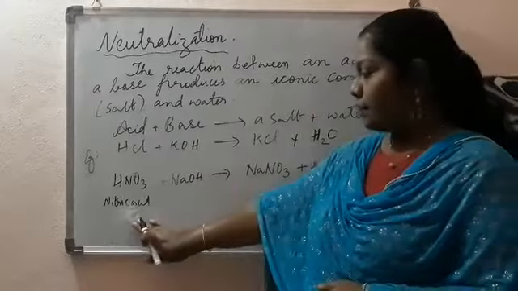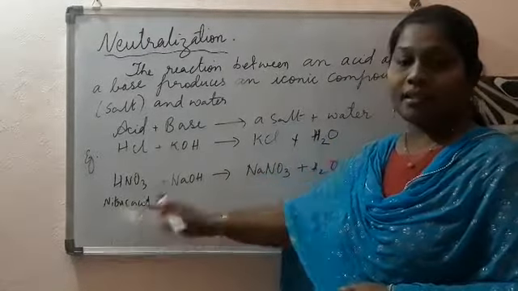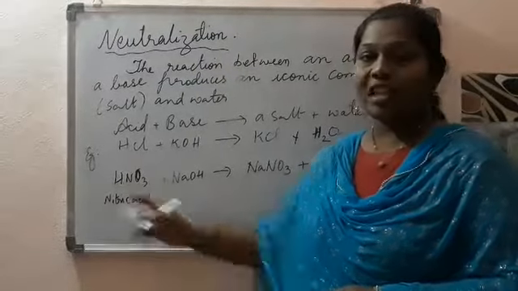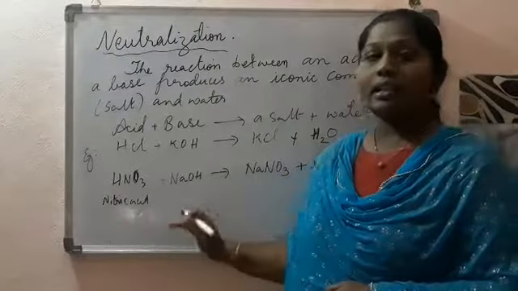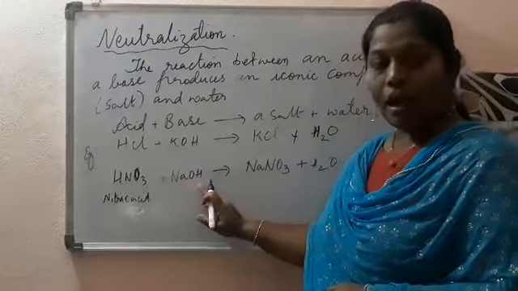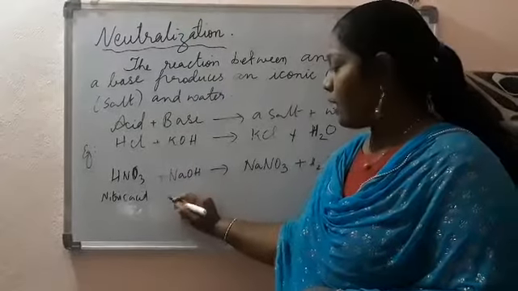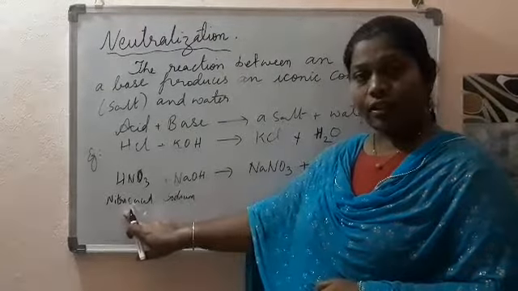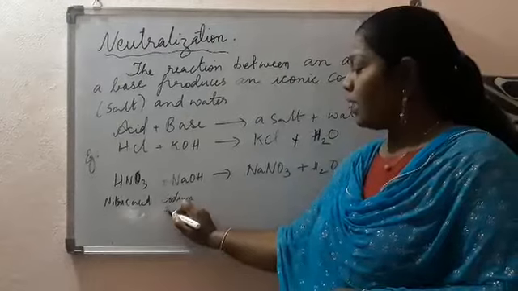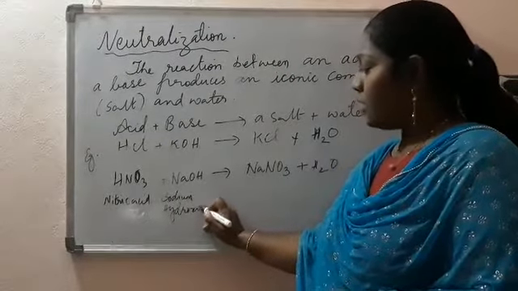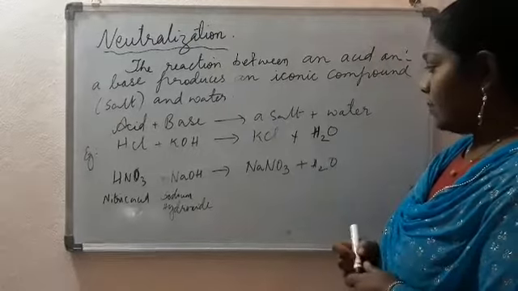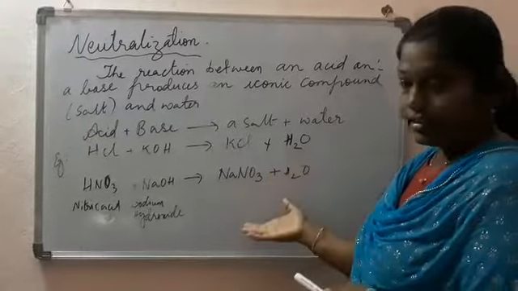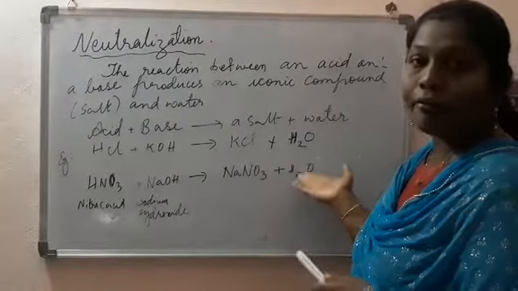We will see another example. I have taken here nitric acid, HNO3. This is the symbol for nitric acid, HNO3. The nitric acid is reacting with the sodium hydroxide. What it is children? Sodium hydroxide. It is a base. Okay children. So when an acid, nitric acid, is reacted with sodium hydroxide, a base, what we are getting? We are getting sodium nitrate. Okay, sodium nitrate, which is a salt, and also molecules of water.